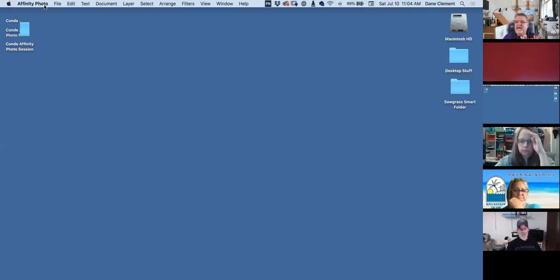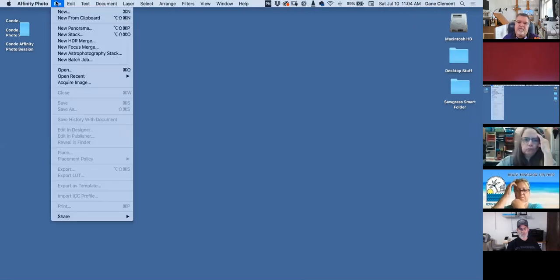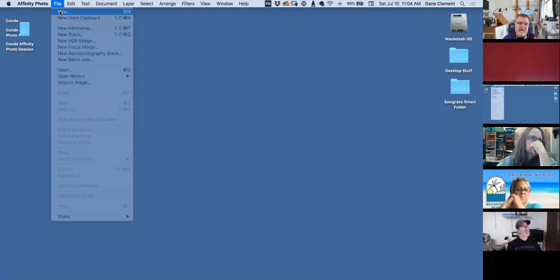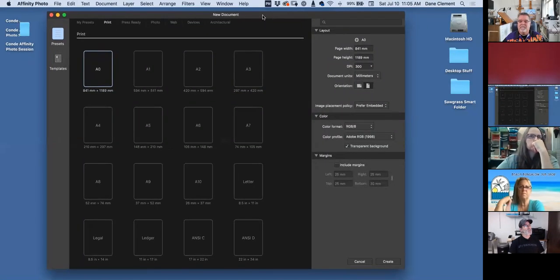So I just opened Affinity Photo, right? So first thing we need to do is we got to set up a proper file with resolution and size and that sort of thing. So if I go to the file menu and come down to new, I'll get this dialog box. All right. Now,